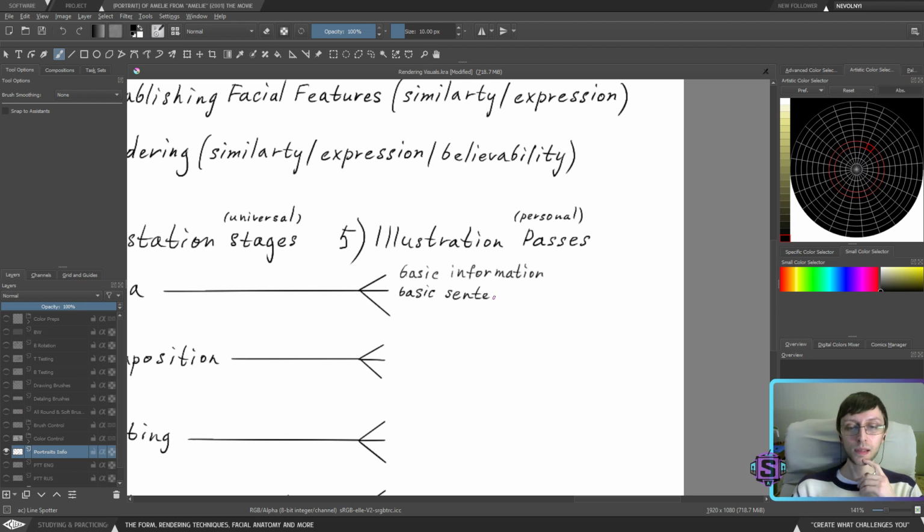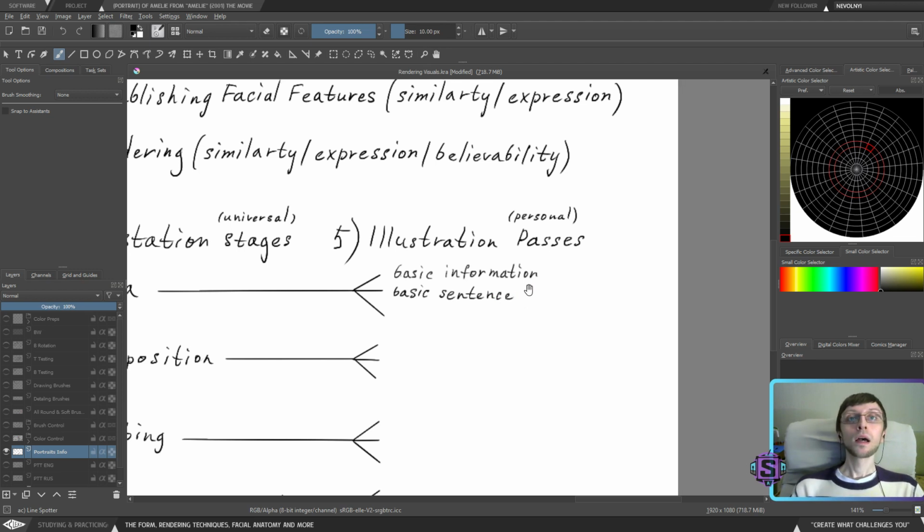We'll see. Okay, basic sentence description. Working with a foreign language, don't forget. Sentence description.